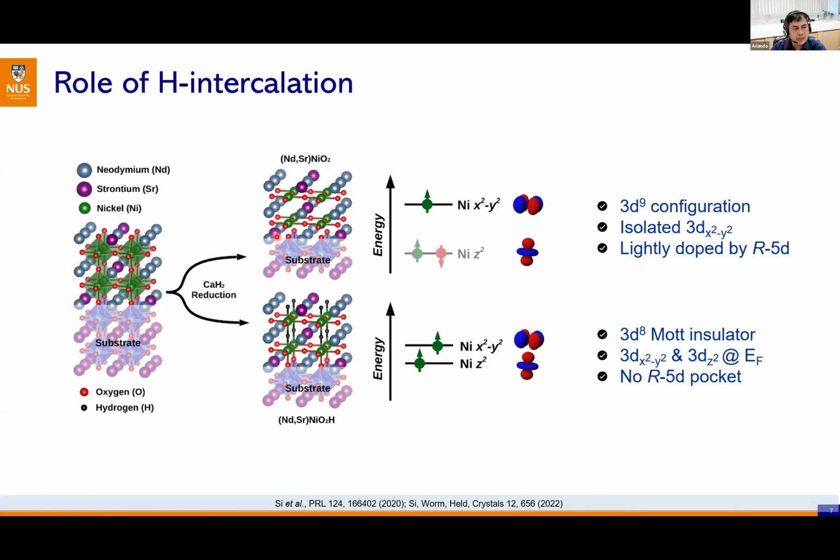On the other hand, when you have this hydrogen intercalated, you are likely to end up in the insulating state, the 3d Mott insulator, where the d x squared minus y squared